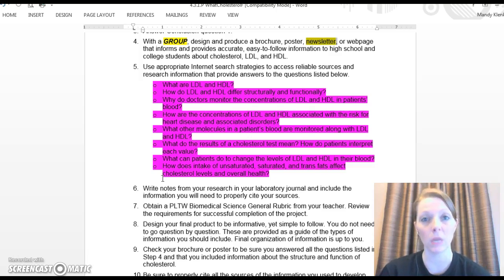Okay, it is meant to be something that's easy to read. I don't want a whole bunch of paragraphs. Throw some pictures on there. Do some bullet listing of important information about cholesterol. It should be like a flyer, not some kind of big long letter. Okay, it's going to hit the high points, what's important about cholesterol, and move on. Okay, one page, and you are going to work on this as a group.